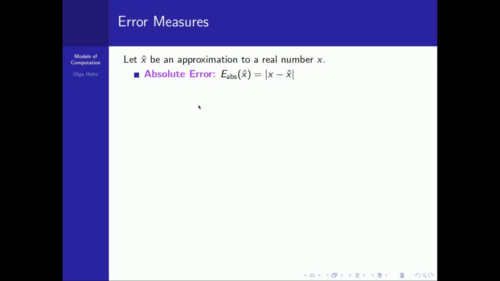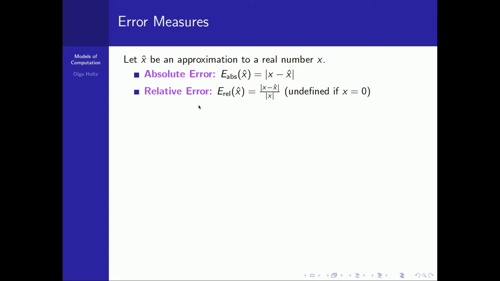Okay, is this a satisfactory measure? You might say not really, because for one thing it doesn't scale, right? For a small value deviating somewhat from the true value, you will get a small absolute error. However, this might not be an honest measure of the mistake that you've made.